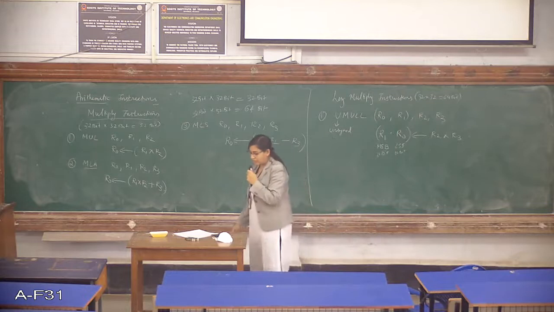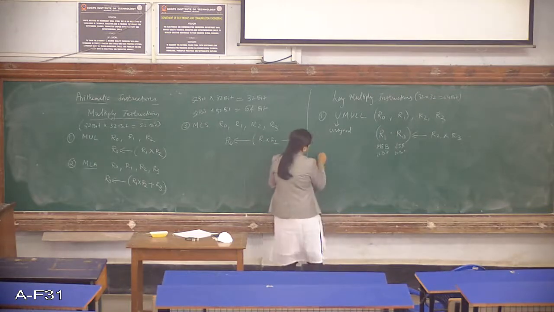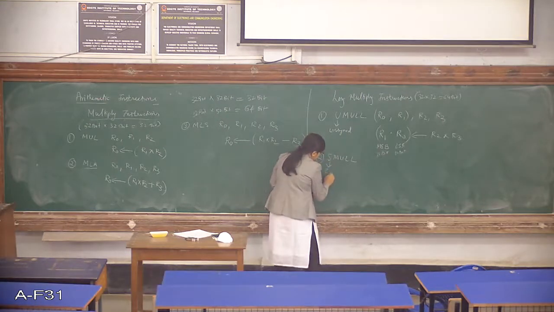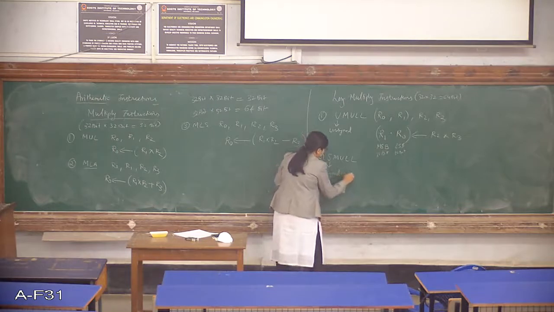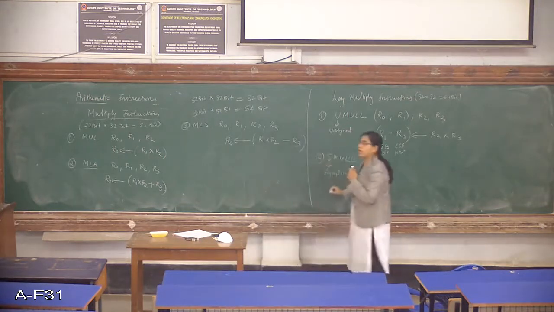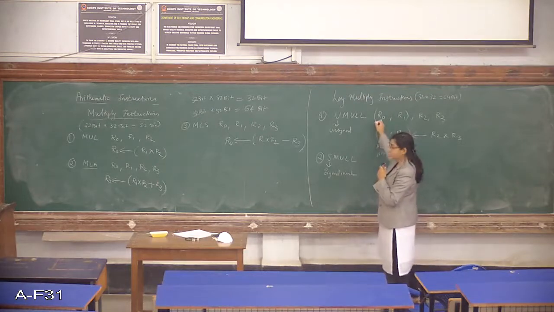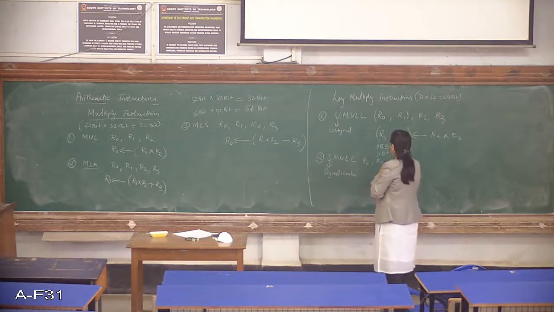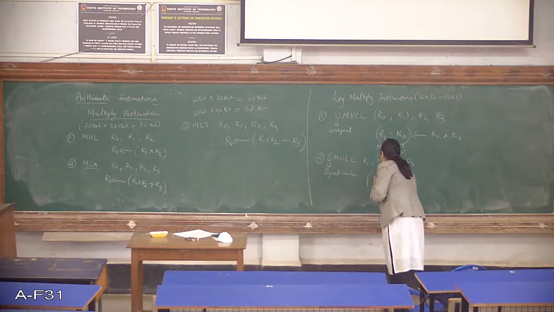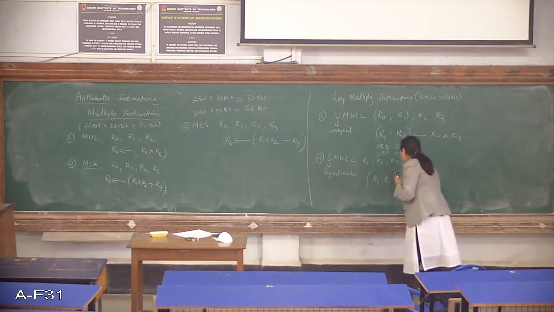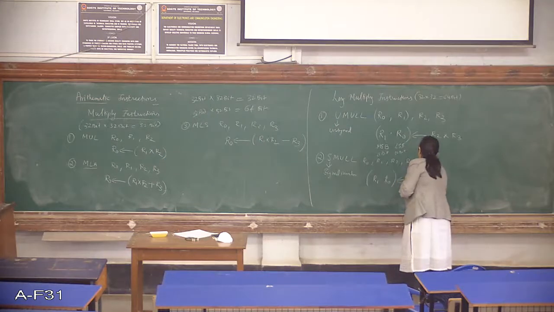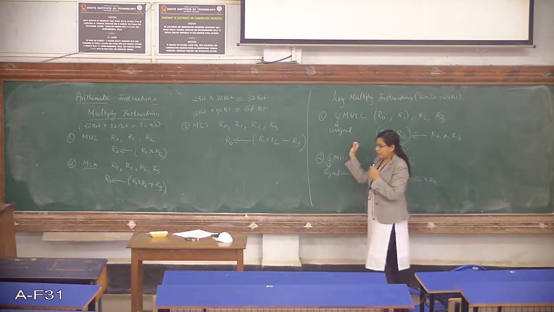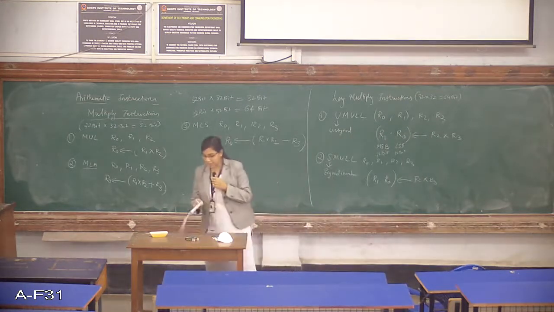Similarly, we have one more, which is SMULL, where the S stands for signed numbers. This is the multiplication instruction used for signed numbers. Again, the working remains the same. You have R0, R1, R2, R3. Here R1 will have the MSB of the result, R0 will have the LSB of the result, and you will be multiplying R2 and R3. Only this is for signed numbers, and the other is for unsigned numbers. So this is UMULL and SMULL.